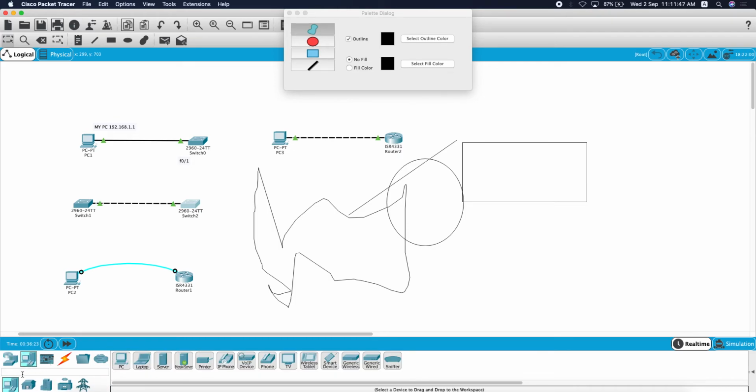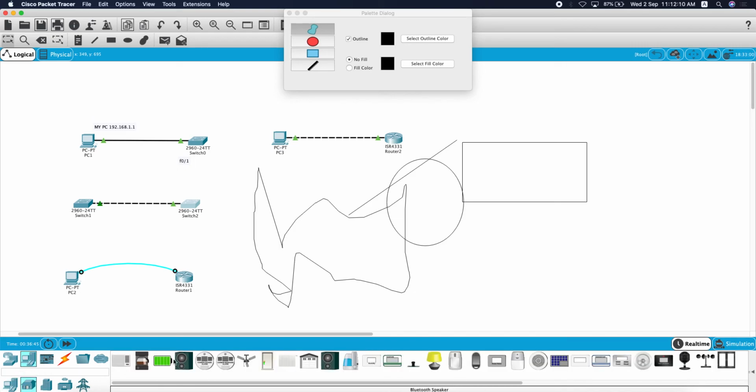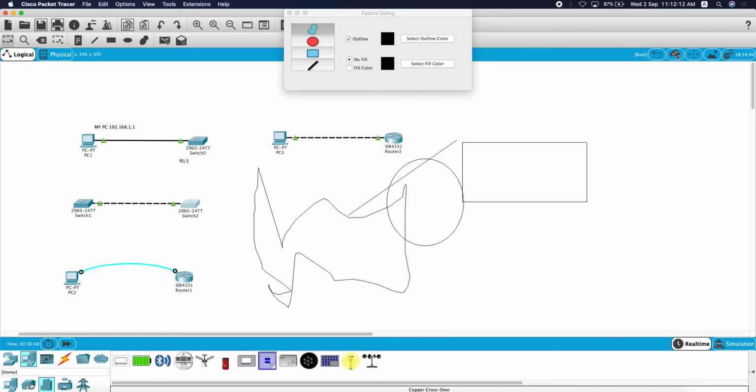All right, we can go to the devices. We have PC, laptop, server, printer, TV, phone. Each one acts differently. All right. But PC and laptop are actually the same, and server is somehow the same, but it has services going to the clients or the PCs. All right, and we have homes. There are other tools, but I'm not using them right now. Maybe if you want to build a large simulation, right? Industries and others, components like boards,